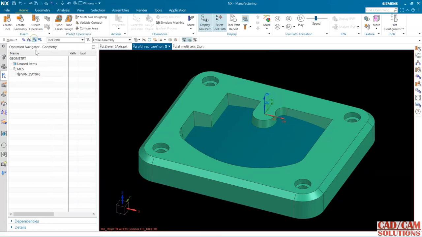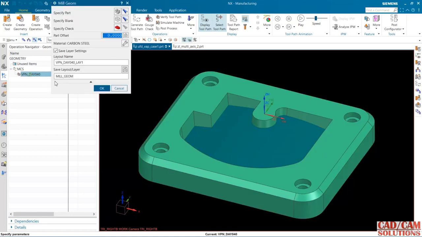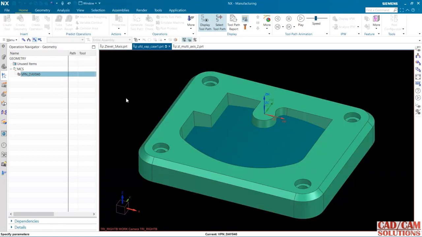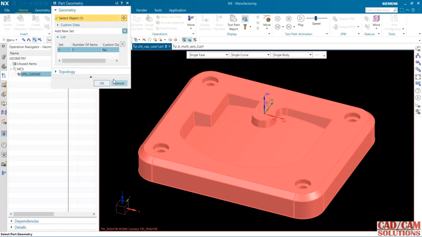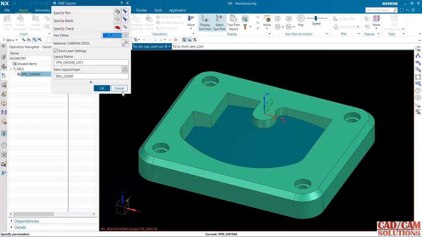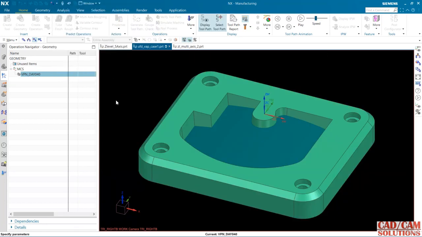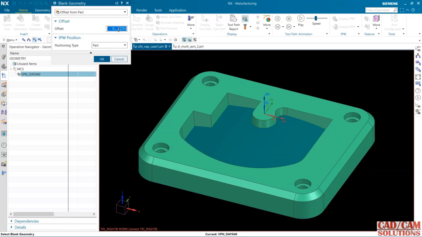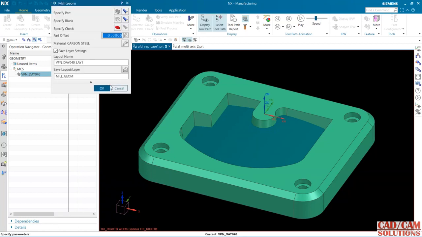so first define the workpiece, and my part is this. Okay, and for blank I am using offset of 0.12. Okay,